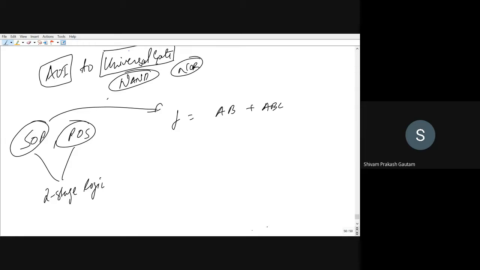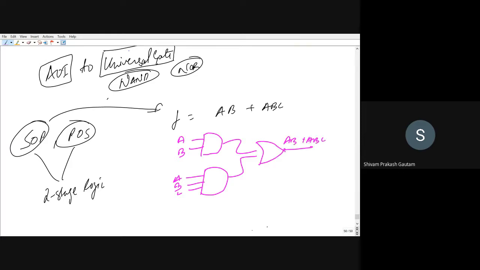If I want to draw its AND-OR-invert logic using AND, OR, invert gates, what will it be? We have first an AND gate with two inputs, AB, and we have another AND gate with three inputs, ABC, and both of these outputs flow through the OR gate. Finally, we get AB plus ABC. So you can see two-stage means you have two gates levels. The first stage is the AND gates, the second stage is the OR gate, right?